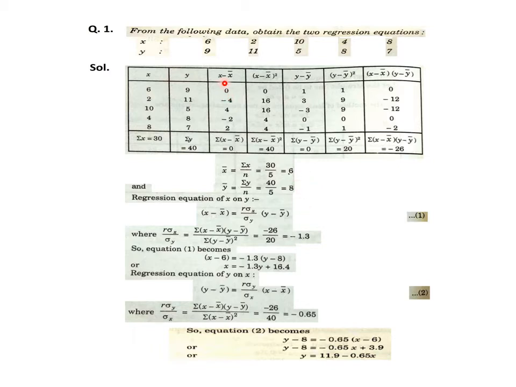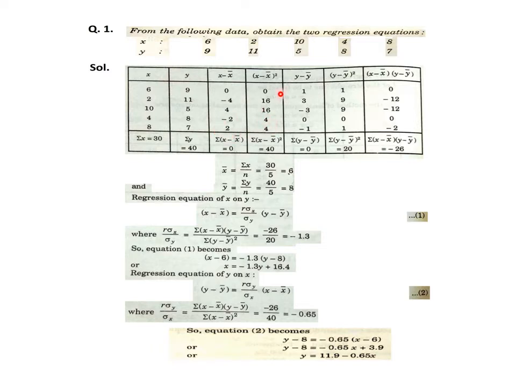Then what I was saying some while before, you have to make a table somewhere similar to the table which we created for evaluating Karl-Pearson correlation coefficient. That means x minus x bar. So 6 minus x bar, x bar is fixed, 6, 6 minus 6, 0, 2 minus 6, minus 4, etc. Then x minus x bar whole square. So square all these values, as you can see, minus 4 square 16, plus 4 square 16, minus 2 square 4, etc.